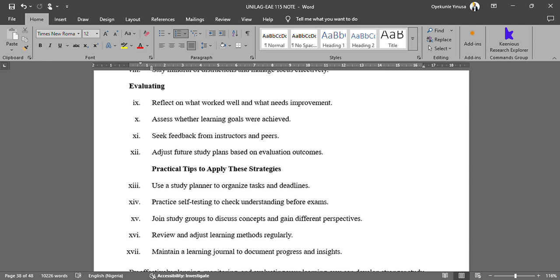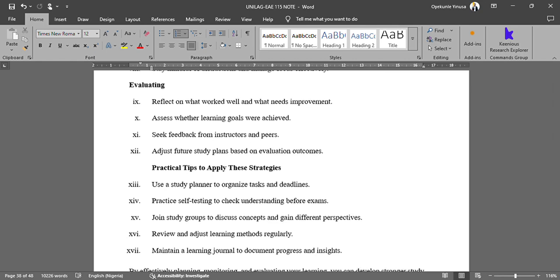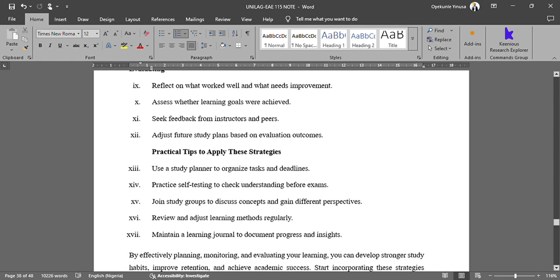Am I getting the scores in CAs that will help me to achieve my A's at the end of the day? You must be able to assess yourself. You must seek feedback from instructors and peers. For courses that are not clear to you, if you have done one or two tests and you see that you did not do well, feel free to see your instructors and ask questions on how you can cope, how do you go,